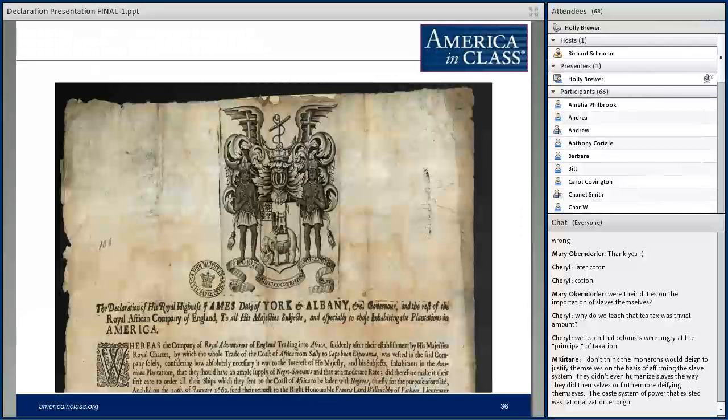What you see in this next slide is a proclamation issued by James, Duke of York and Albany, who was, of course, governor of New York and after whom New York was named. He later became James II between 1685 and 1689, and he was also Charles II's brother. He was in charge of the Navy. He was also from 1660 until 1689 in charge of the slave trade for England. And here is a proclamation in his name